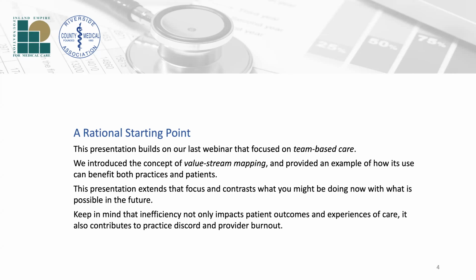So what I really want to do is take a look at a rational starting point. So we're going to use this presentation that builds on the webinar that Dr. Bittman did previously on team-based care. And so really what we look at is the value stream mapping. So that's what we're going to introduce to you today. And I think that it is actually